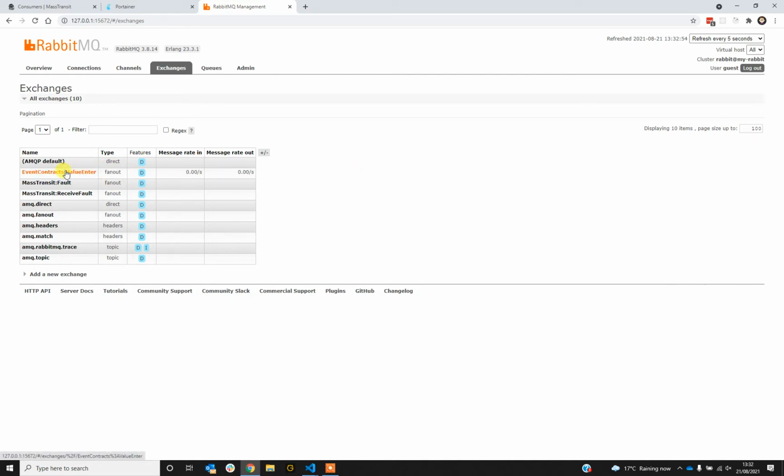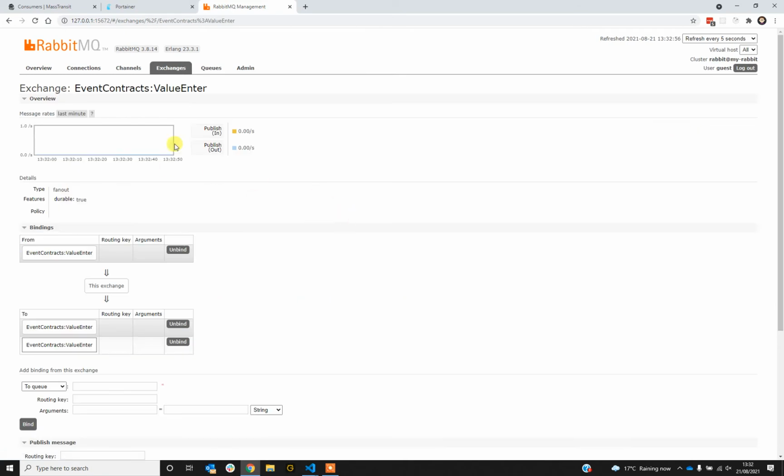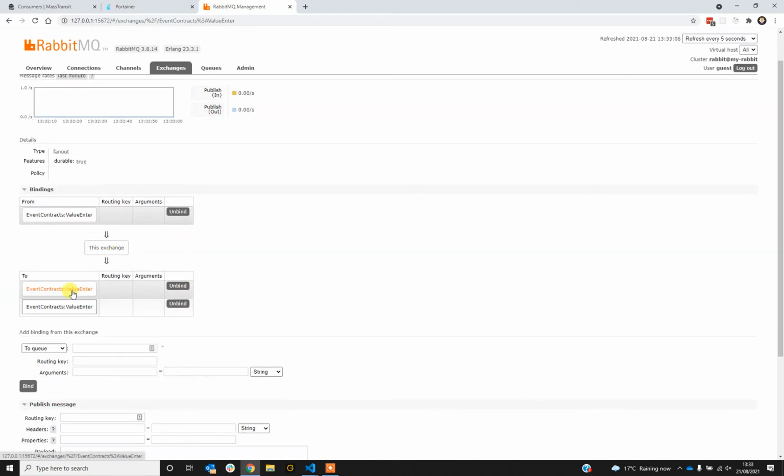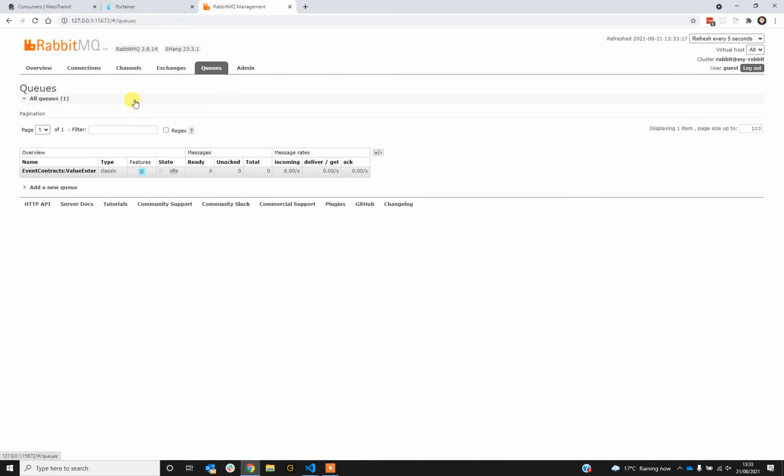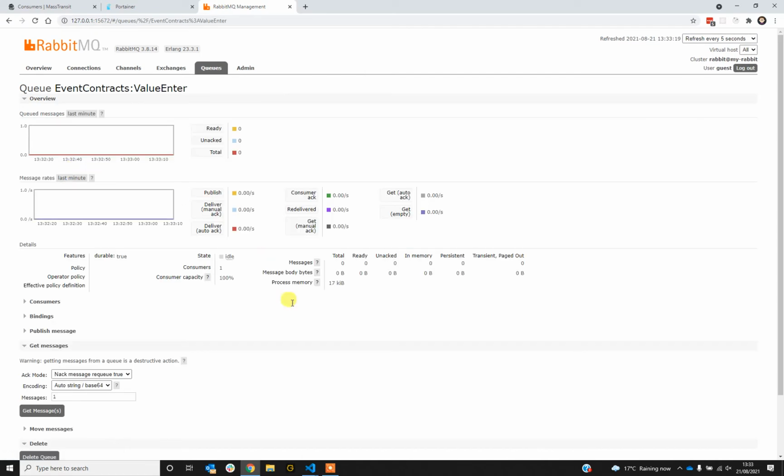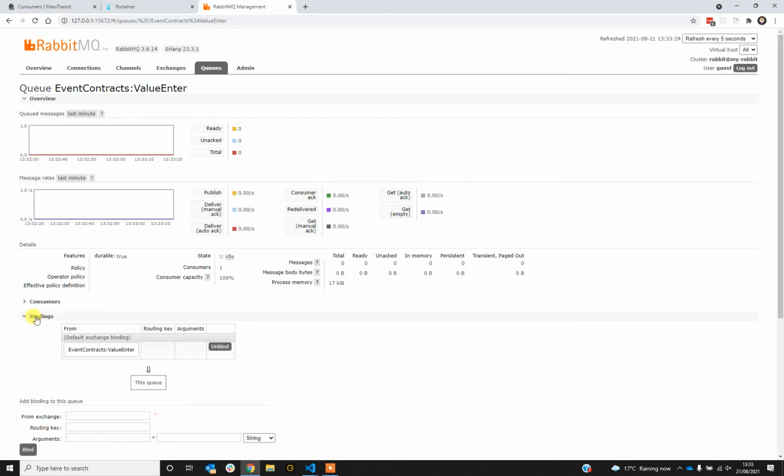So we have a look at this. This exchange could be called anything. We could have called it XXX if we wanted to. But we're saying that from this exchange, we are going to bind to these queues, and the message is going to come from this exchange into this queue. If we have a look at the queue, we can see the value there. And if we look at the binding, yeah, there's the binding here from that exchange into this